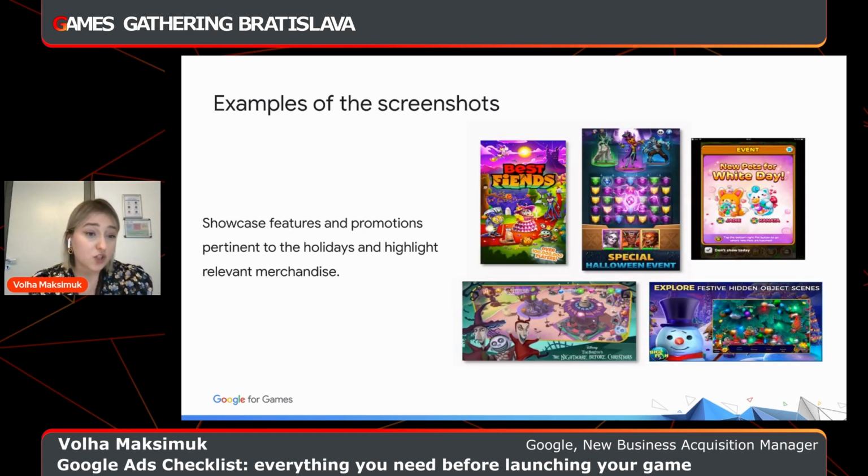And those are generally some examples of screenshots I wanted to bring to you to explain what exactly I mean. Those showcase the features, promotions. As you can see, some of them are Halloween related, some of them are Christmas related. I've seen also things that were connected to Thanksgiving Day. So the point is, this is something for your inspiration when it comes to the upcoming holidays. Make sure to make the most out of it. And I hope this will be something you will see success with as well.